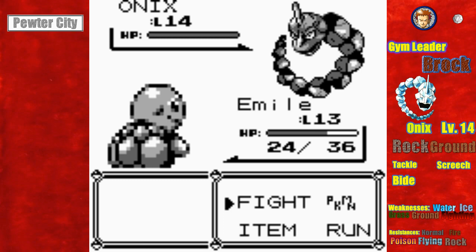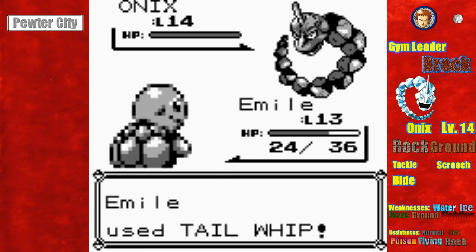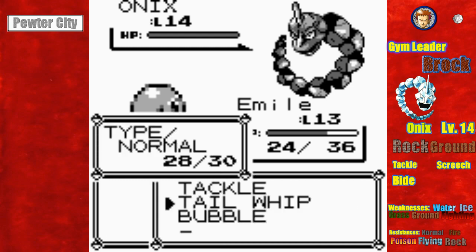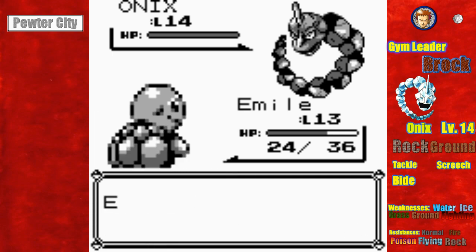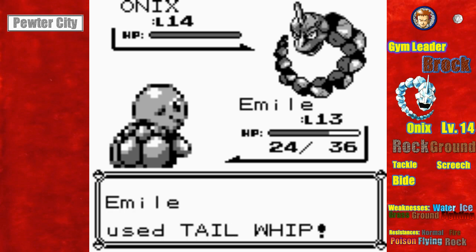Bide, he rests for like 2 to 3 turns. It's random. It could be 2 or 3. And any damage you do to him during those 2 or 3 turns of resting, he'll do back to you 2 times. So if you do, let's say, 50 HP worth of damage, he'll do 100 back to you after he rests, if he's still alive. So my strategy here is just to use stat lowering moves like Tail Whip, and then